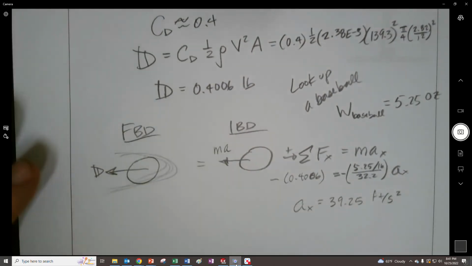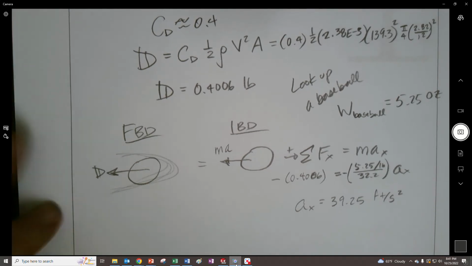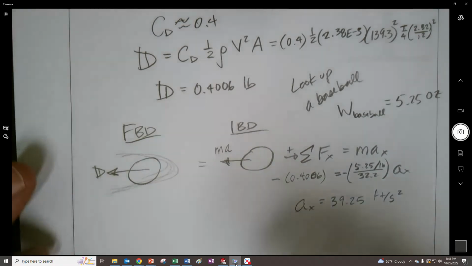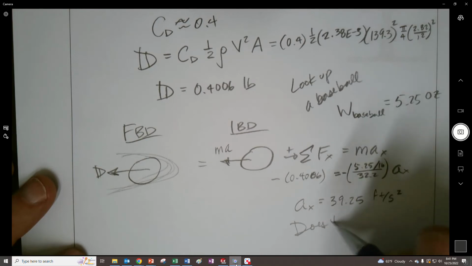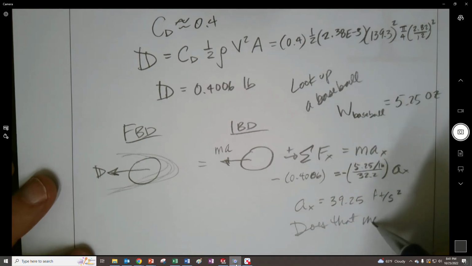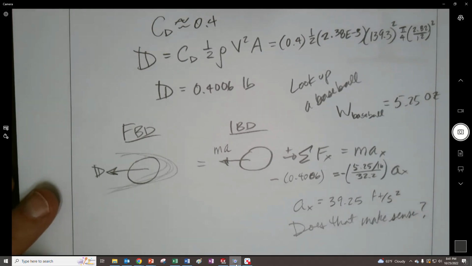Actually, it's going to be more than gravity. That's a larger amount than gravity. So that's a little surprising, and you start to question, does that make sense? Well, does it make sense is always a great engineering question. So let's try to find some other resource that would tell us, right? Now, according to